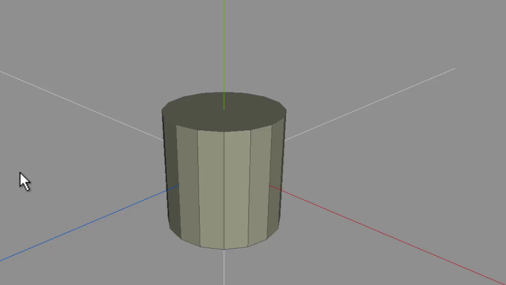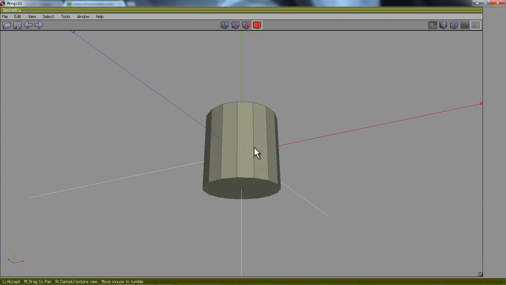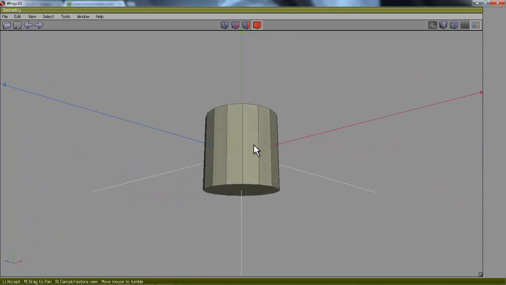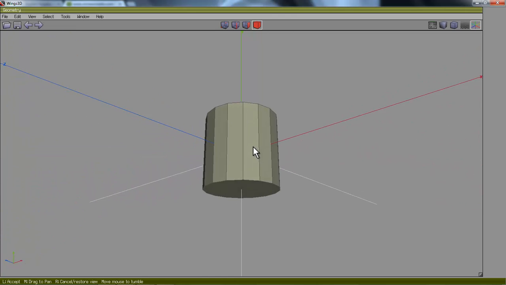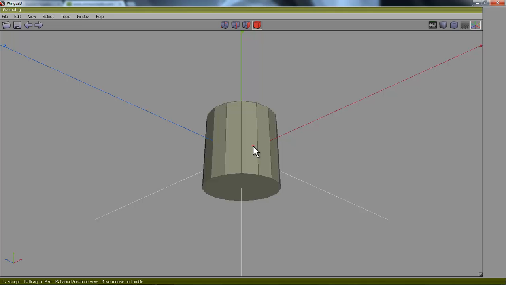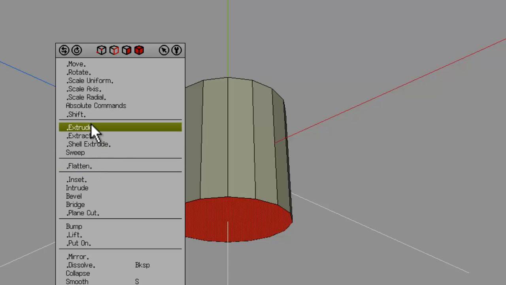I'm going to press the wheel on my mouse and then let go, and as I move my mouse around I can rotate around my primitive, and I'm just going to rotate it so I can see the base. I want that bottom face, and I'm going to select it, left clicking, and then I'm going to right click off of it and go extrude,